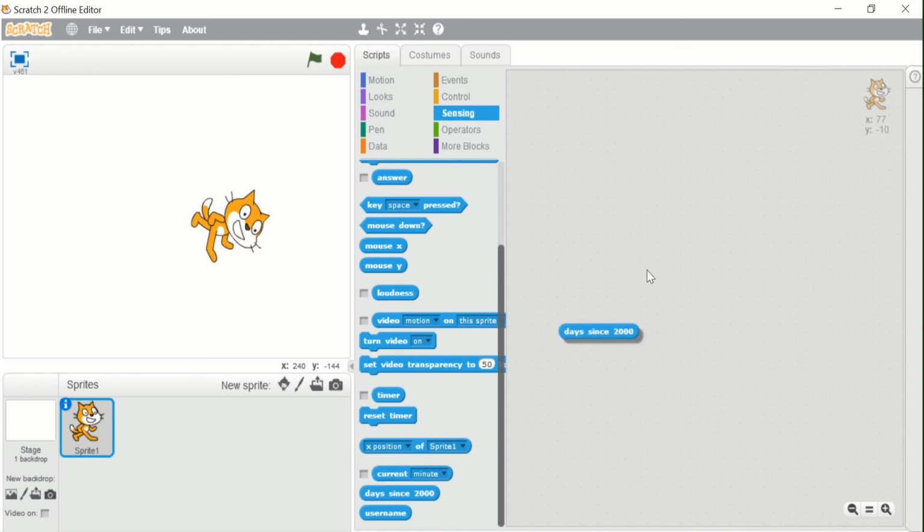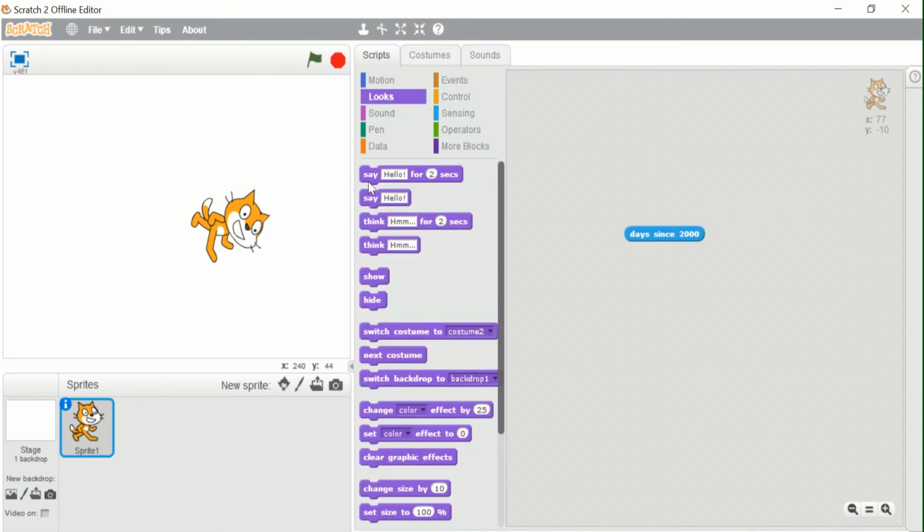So the next block is days since 2000. This basically stores the value of the days since the year 2000. As you all know, the year is 2020, so it will tell us the days from 2000 to 2020. If I click this, can you all see the number is this?